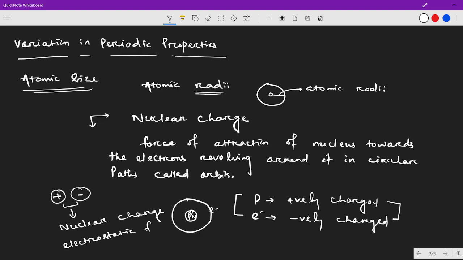Electrostatic force. Okay, understood? So now you see, when the number of electrons and the number of protons will be more... Let's take an example of sodium. This is the nucleus of sodium and it has three cells, so this is K, L, M. In the first cell 2 electrons are there, in the second cell 8 electrons are there, and in the third cell